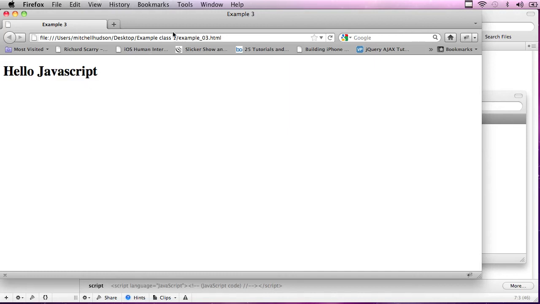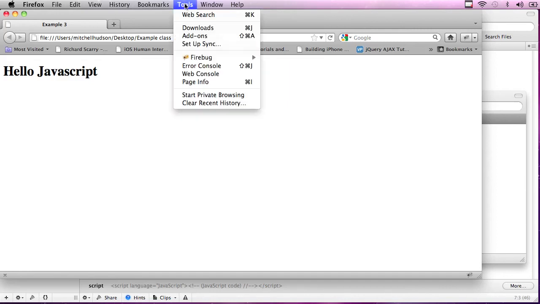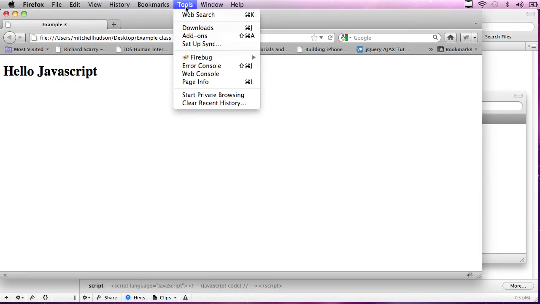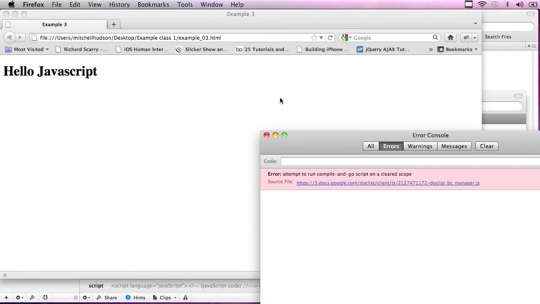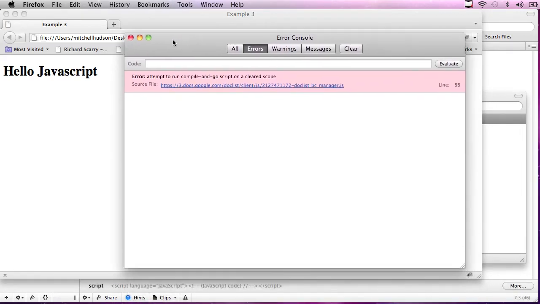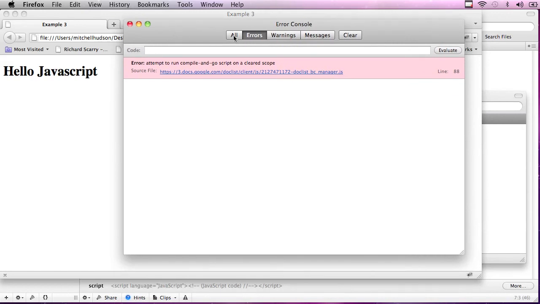Let's talk about what to do if you have a problem for a moment. Okay, I'm in Firefox here, and I'm going to go to the Tools menu, and I'll choose Error Console. So if your JavaScript has an error, it'll show up on this Error Console, and you can see in Firefox the Error Console displays all